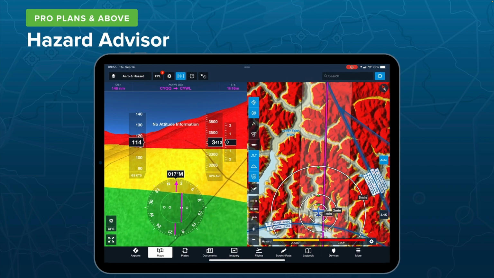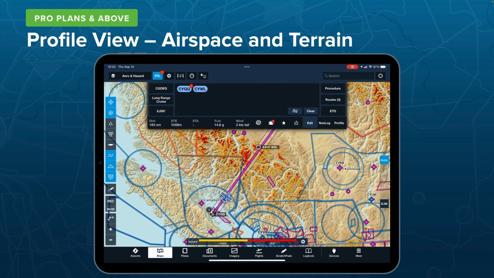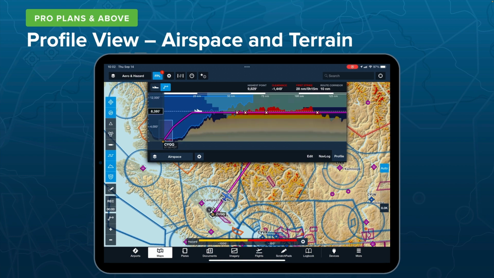We can combine that with the synthetic vision that we just talked about, and I mean it's fantastic. You can't go wrong by having hazard advisors selected. It goes one step further than that. In profile view, you can also have that hazard advisor turned on, and in profile view, it looks something like this. It'll give you your highest point along your route, your selected route corridor,